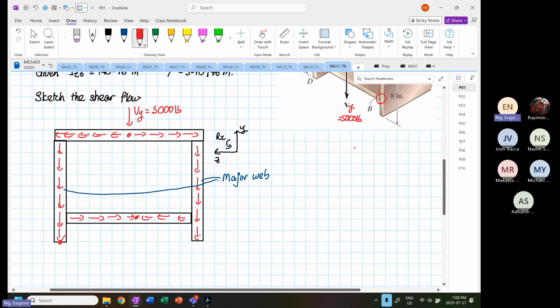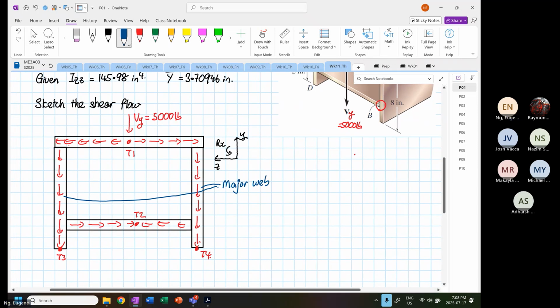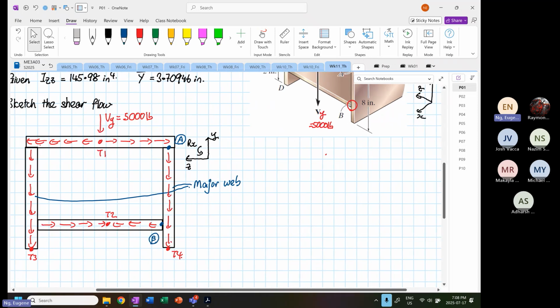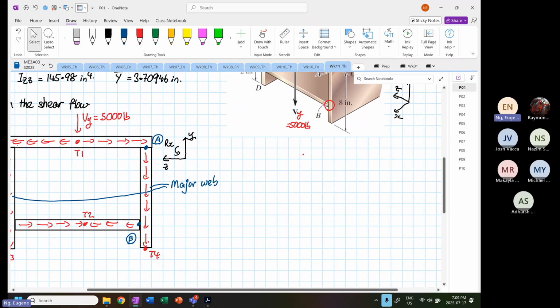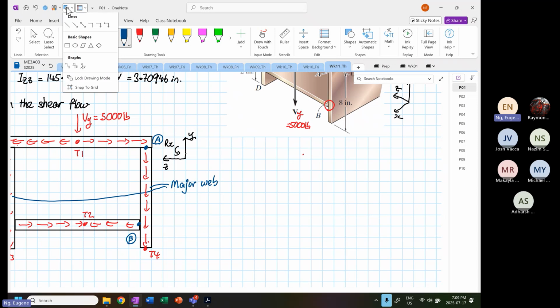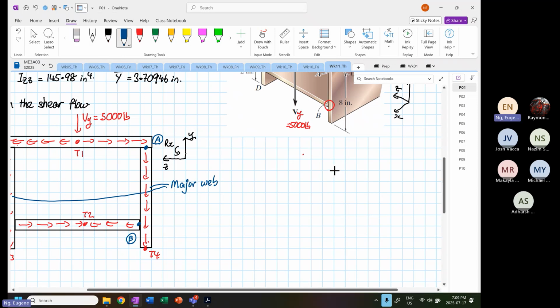If we look at how many terminals, we have T1, T2, T3, T4. Now, if we look at where point A is over here, this is point A, and this is where point B is. Two weeks ago, we derived an expression. If you were to recall this diagram,